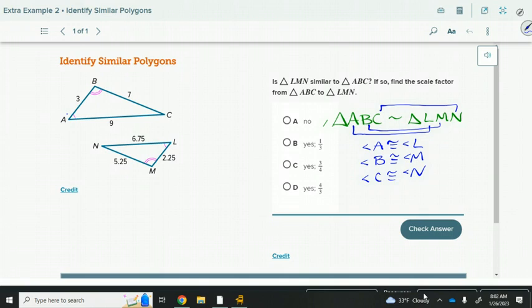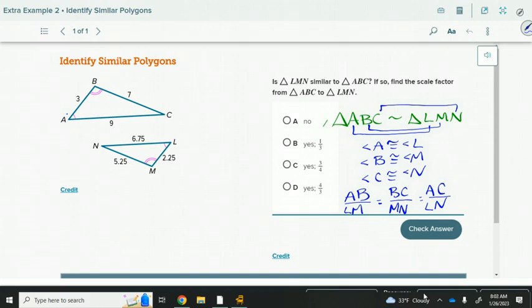Okay, the next part is going to be what's brand new for us, proving that the sides are in proportion. Okay, so now I'm going to set up the ratios and then we'll put the numbers in. AB has to match up with LM. BC has to match up with MN. And AC has to match up with LN. And so now I've got to put the numbers from the sides in there